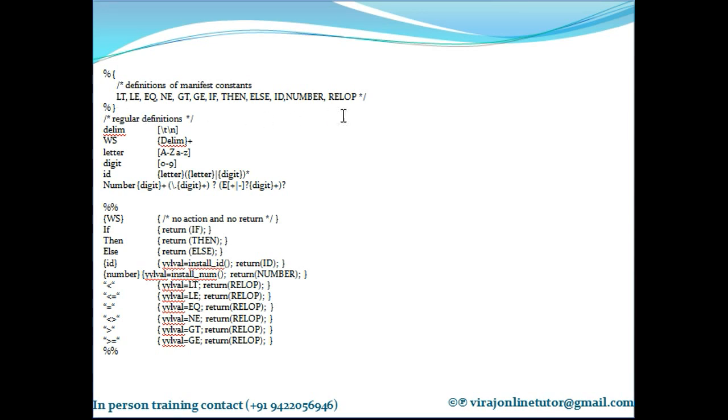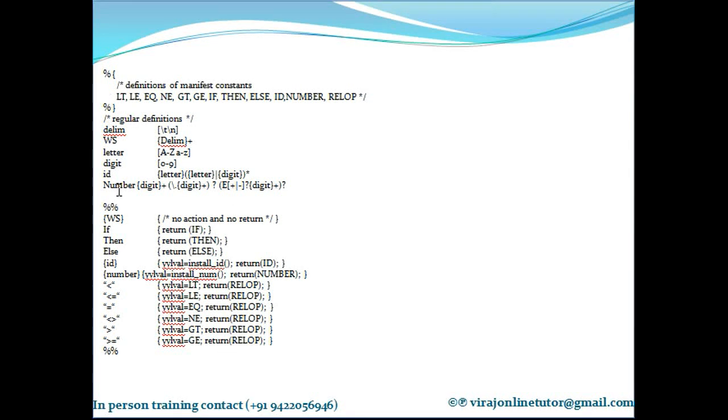What are these all standing for? LT means less than. LE means less than or equal to. Then comes equal to, not equal to, greater than, greater than or equal to, if, then, else, ID, number, and relop. So there are different manifest constants that I have listed here, which I'll be using now.